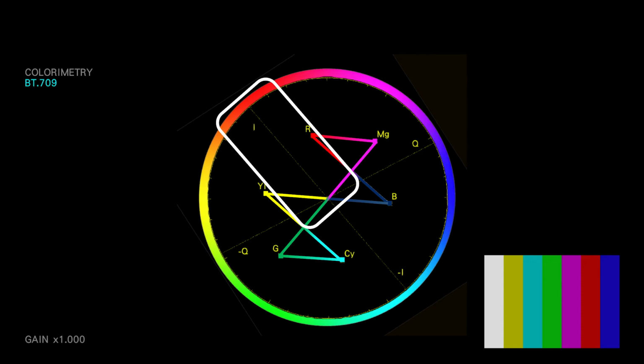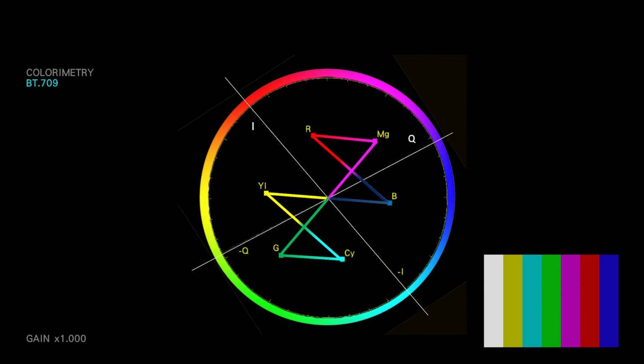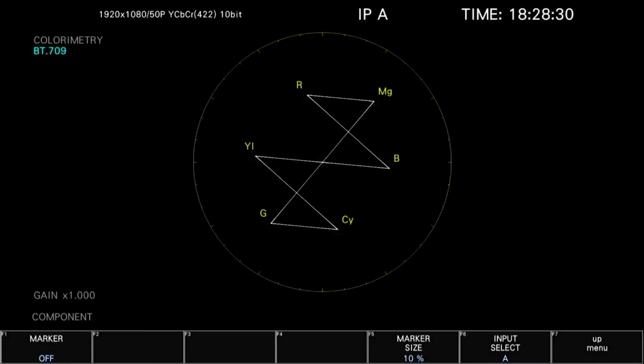This also places skin tone measurements directly on the eye axis, and we'll discuss this further a little later. I and Q are the designators used to name the two colour components of the NTSC video signal. The Leader Zen series also supports a marker display, which allows you to move the cursor on the Vectorscope trace